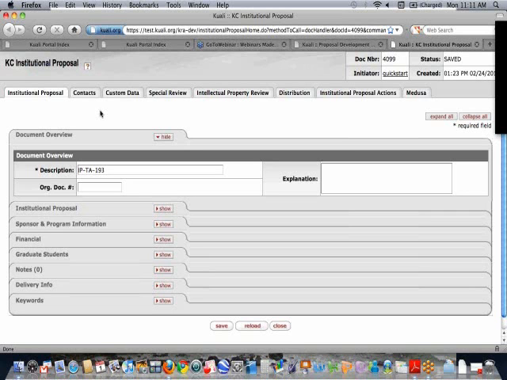I won't go through the entire institutional proposal. It has a lot of the same things that you saw in the proposal development, because it's pulling the information from proposal development. The one thing that it has different from proposal development is a place for IP review. So if you needed to send a submitted proposal to your tech transfer, your technology licensing office, for review and a decision, this is where you'd do that. And this allows you to route it to the appropriate people so that they can do what they need to do to make a recommendation or take action on a proposal when there's something like back